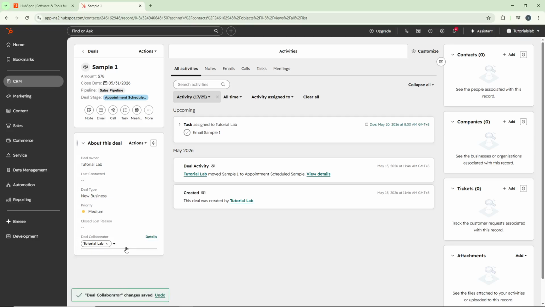And that's it. You've successfully added a collaborator to a deal in HubSpot, allowing team members to work together more